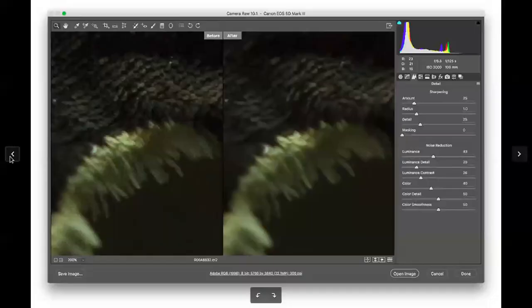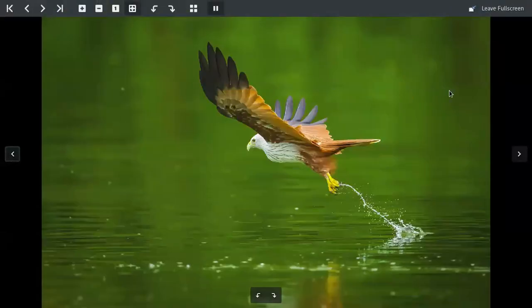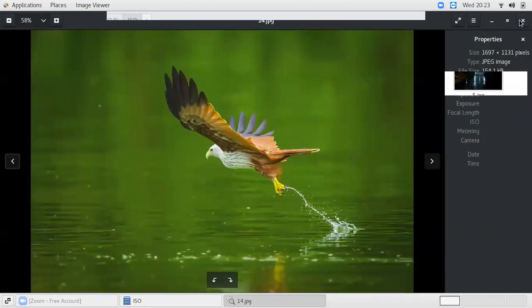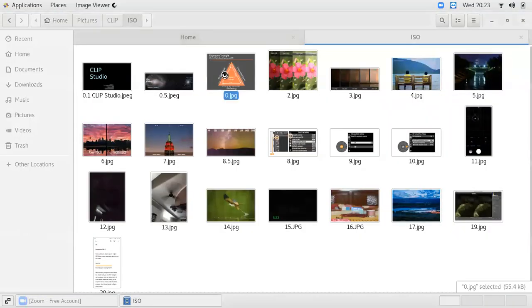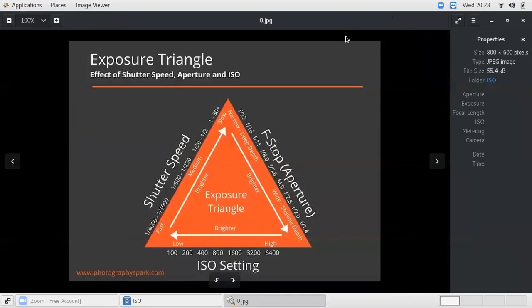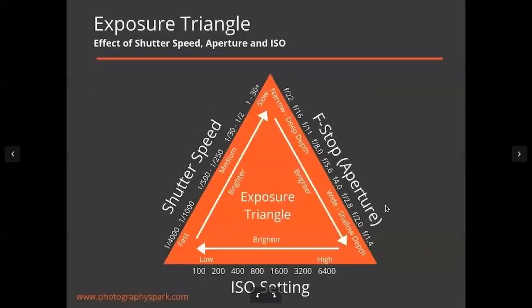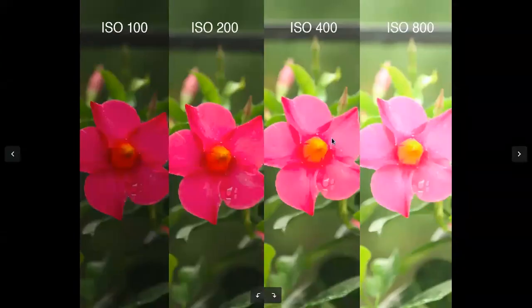So I'll do a very quick recap. Three parameters control our ultimate exposure: aperture, shutter speed, and ISO. What is ISO? The sensitivity of the sensor to light, represented like this: ISO 100, 200, 400, 800.